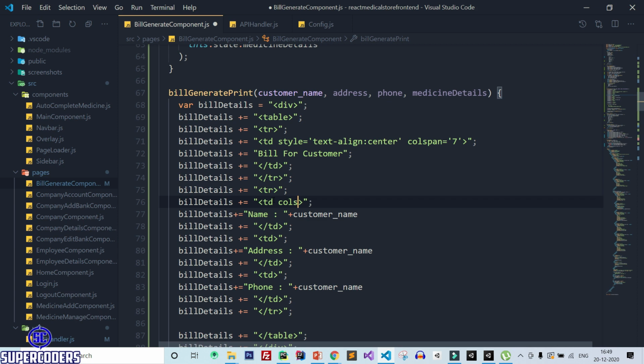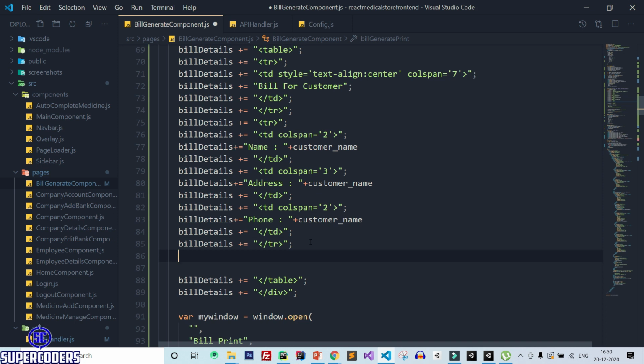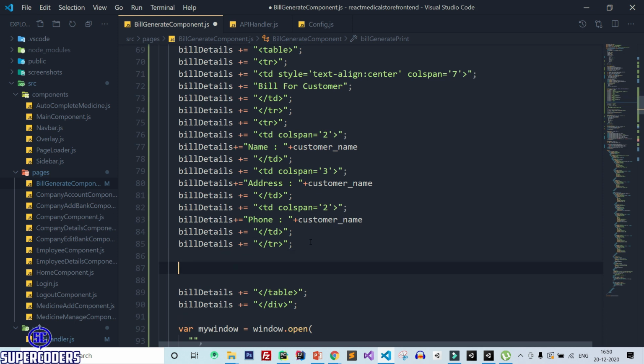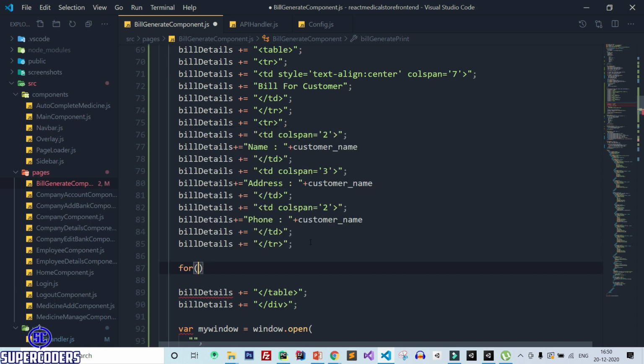Make it col span equal to 2, col span equal to 3, col span equal to 2. Now after that we need to show the medicine details here. So again simply we are creating a for loop.